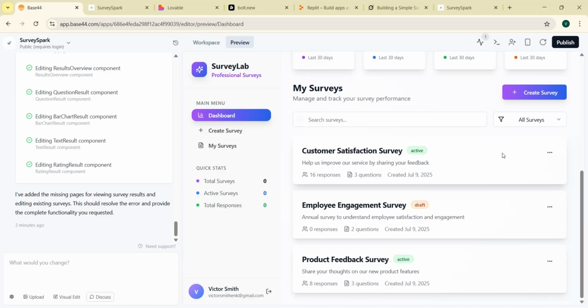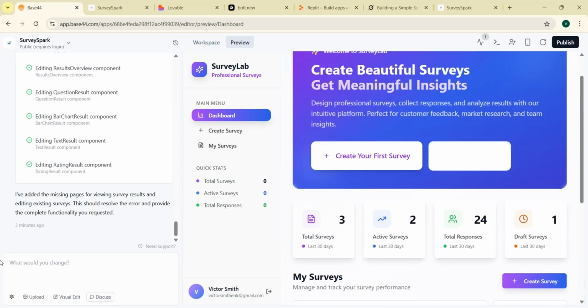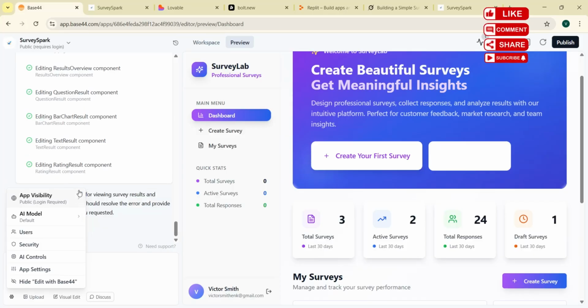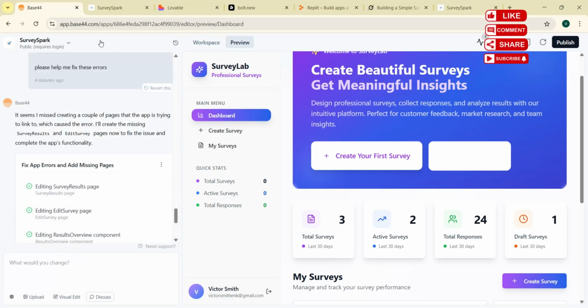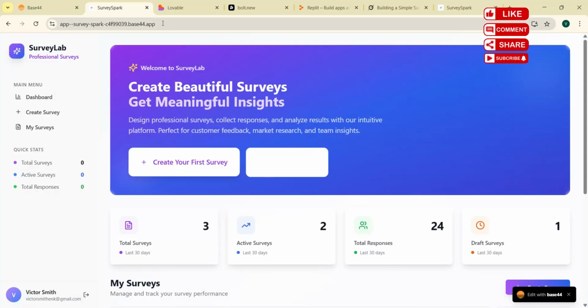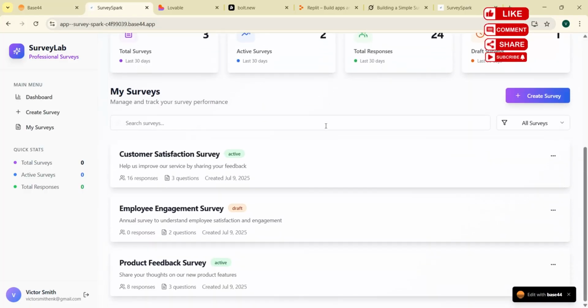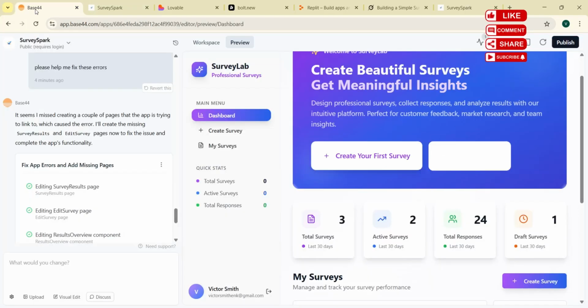When you upgrade to a paid version, I believe you can convert this domain to your own web domain. But welcome to your first app. Now, let's go back and